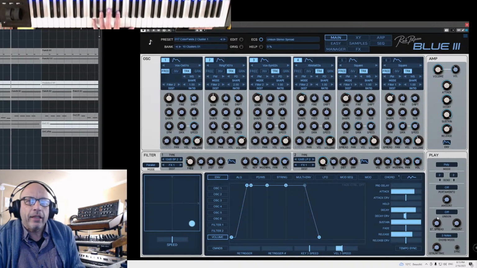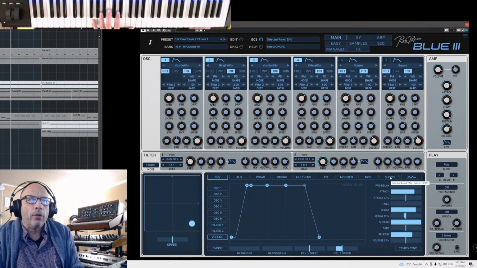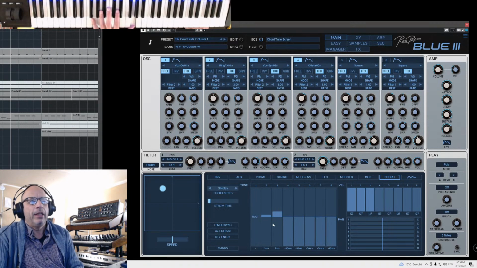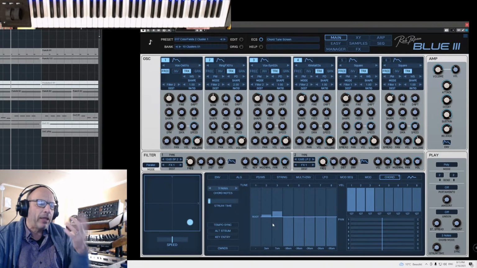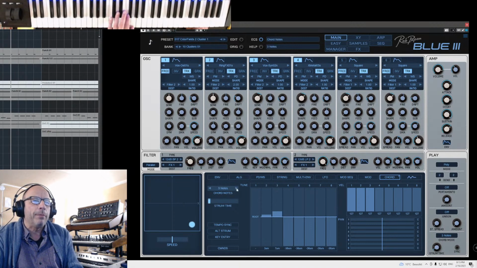So here you see it has the chord modes. If you go here, you see it's a little dot, so chord is active, and here you can see what is happening. Essentially, when I hit one note, it plays for you the other notes. And here is the detuning of it. So I could also say make 4 of them, and then